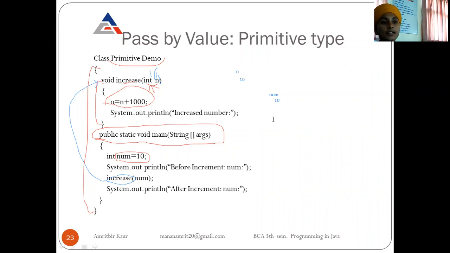So n is 10, it becomes 110. I'm writing it in a second location so you can see. So now n has the value 110.